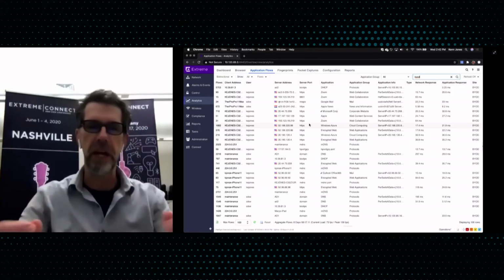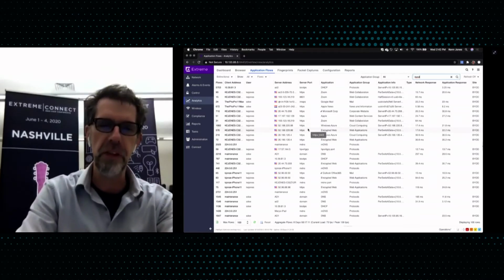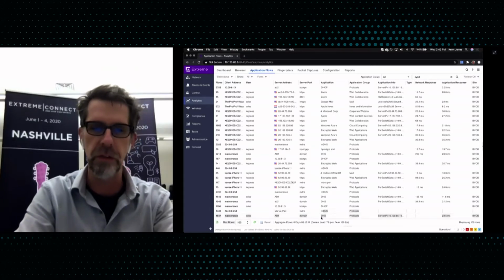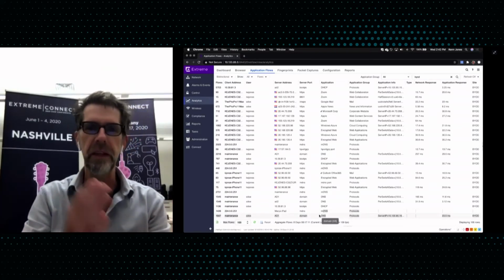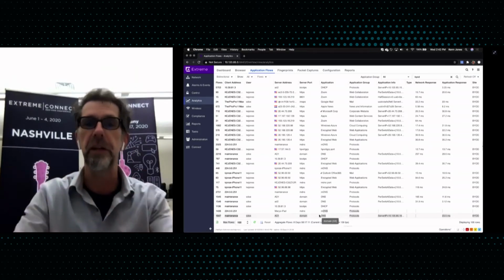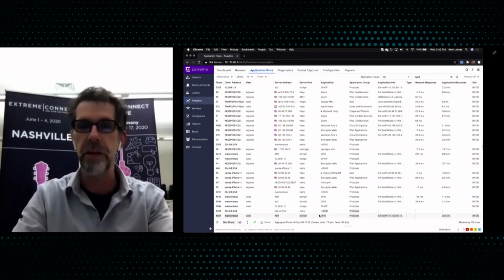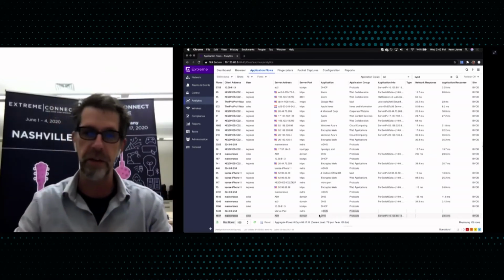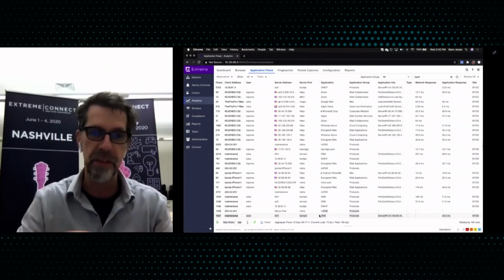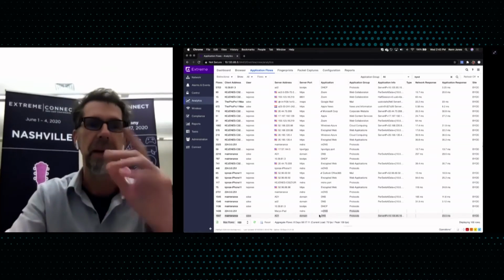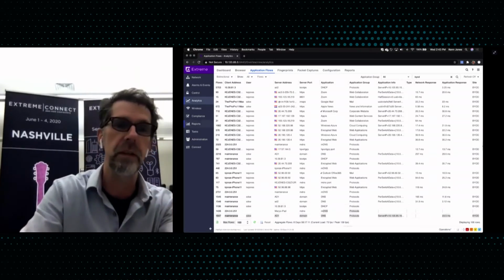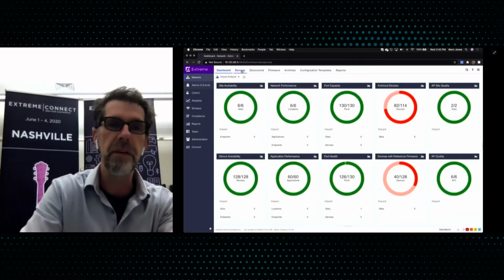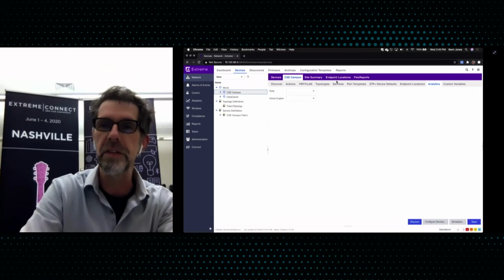Yeah, basically you can. The thing about the application flows tab is that this is a cache. It's just basically a static cache of data. It's only so big. So the length of time that your flows are kept within this particular view is directly related to how busy your network is. If you have a really busy network, the older flows will drop off at the end. If you have a not so busy network, then you have those flows for a greater amount of time. But having said that, this goes back to basically the first point that I made. If you have a site configured and you have the endpoint locations all set,